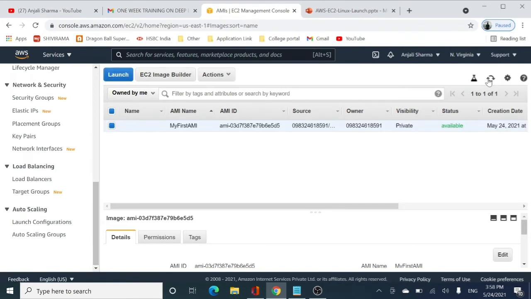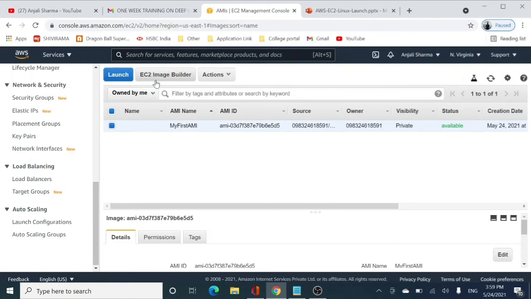My first AMI over here is available, and now we can use it for the different actions, right? Before actually clicking on action, there is a button over here which says EC2 Image Builder. I'm not going into detail of this, but what EC2 Image Builder does is it simplifies building, testing, and even the deployment of your virtual machines, and even some of the container images that we can work upon.